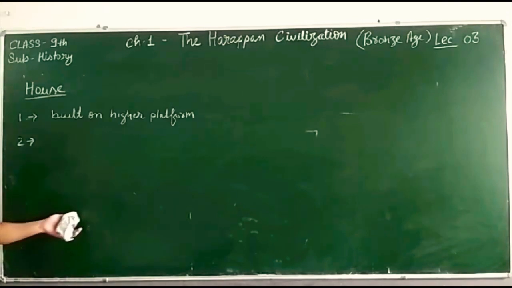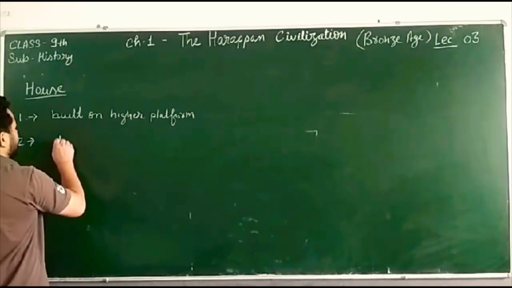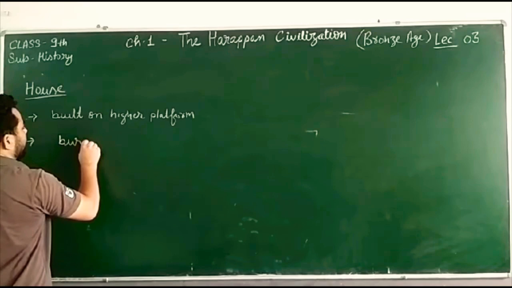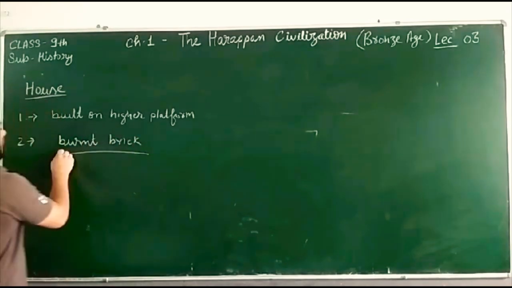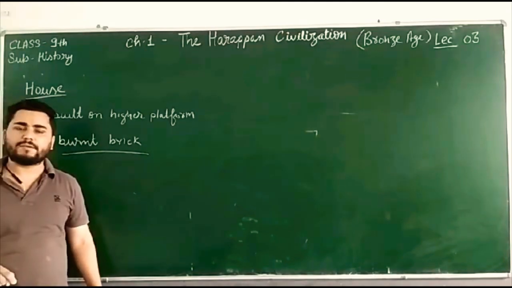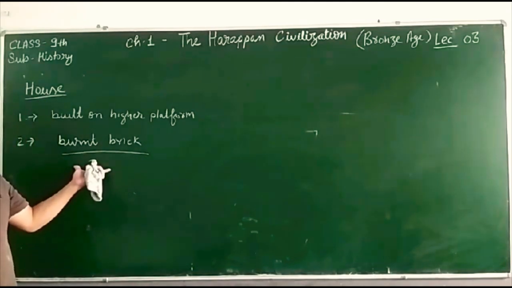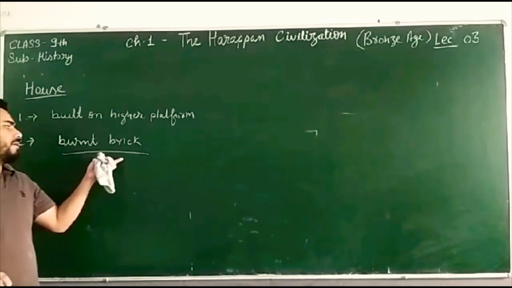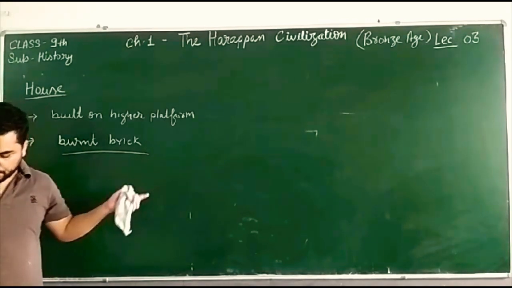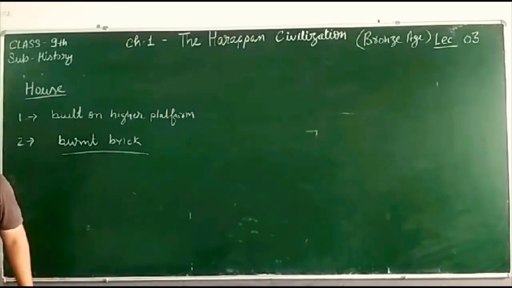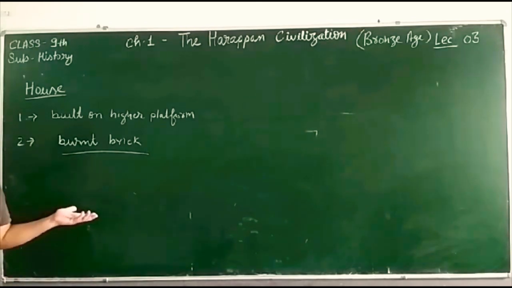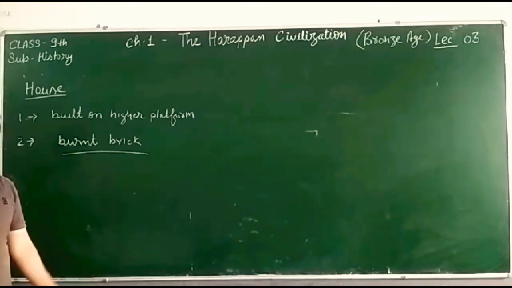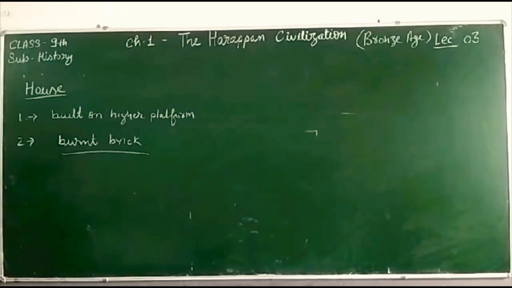These houses were made by burnt brick, the burnt brick which we have today, which is called pakki eat. Kachi eat and pakki eat, two types of bricks are there. So their houses were made by kiln burnt bricks, and also of wood. Each house had doors, windows, and ventilators. Doors and windows opened on the side of the streets and not on the main road. So this was all about the houses.